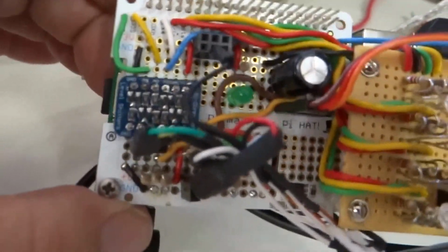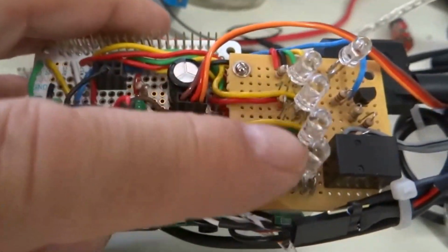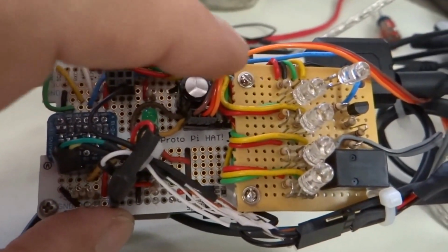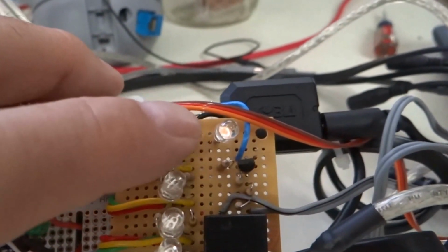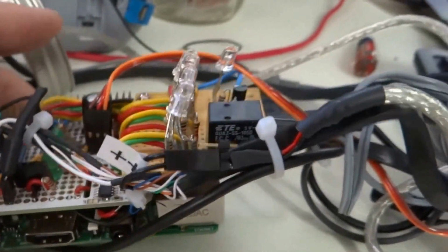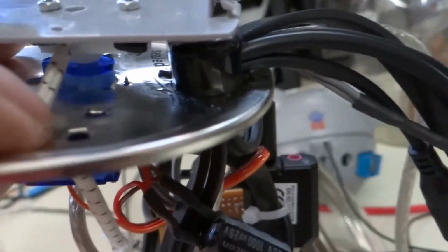A couple of resistors and some LEDs, and then also I added these 4 tricolor red, green, yellow LEDs and hooked them up to GPIOs so that I could get an idea of what the sensor was seeing. And then there's a little transistor circuit and the pink LED for the badge reader. This is a relay that's actually not in use at this time. So all those wires come through here, and then they come through this makeshift lid here and come out. And so that is